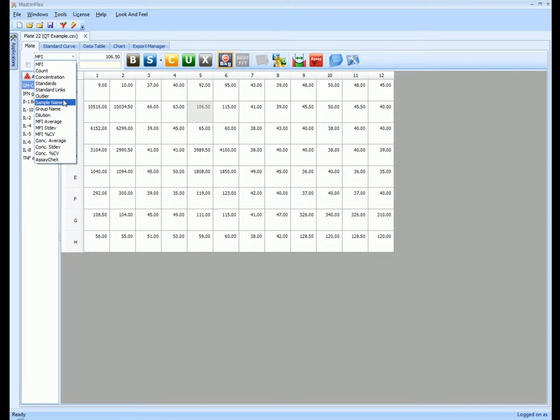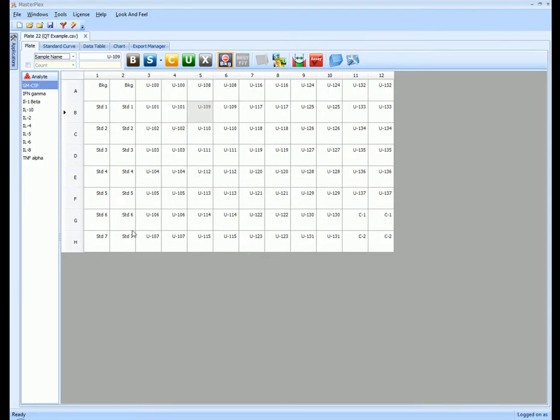So I'm going to go to sample name now. This is another piece of data that comes in when you import raw data, and this will help us visualize better as we're setting up the analysis template. So you'll notice these icons here. B stands for background. We've got standard, controls, and unknowns. And with this X here, we can unmark wells if we've erroneously marked one, and I'll show you that in a second. But the idea is the first part of the analysis template is to tell the software what types of samples we have on our plate,